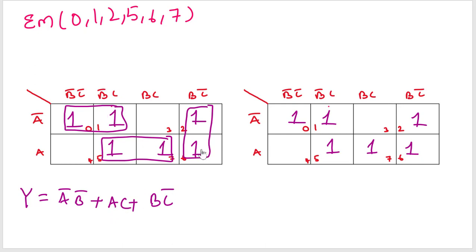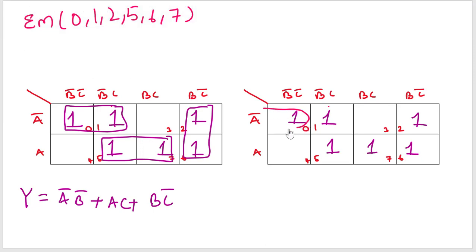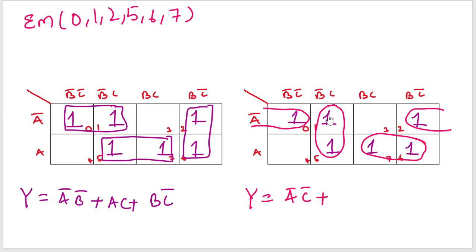For the same K-map we can form different variant pairs. We will see how you are going to form. So you are going to form this one and this one as a pair, and these two ones as a pair, and these two ones as a pair. Now if you write the output expression Y, for this pair you are going to have A bar C bar. For this pair B bar C. For this pair A of